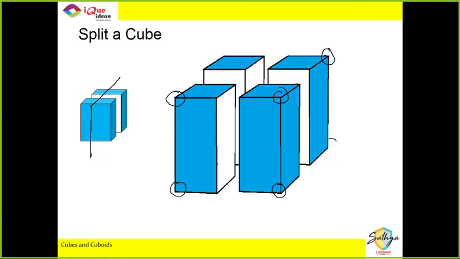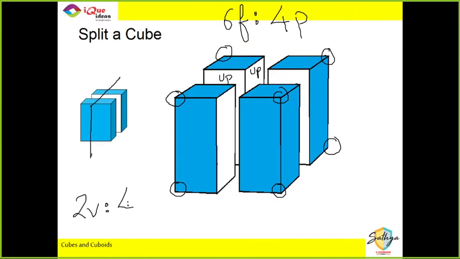Remember, there are always 8 original vertices. वो number change नहीं होगा. So each one has got 2 original vertices, and each piece will have how many unpainted sides? Total 6 faces हैं. उसमें से सारे pieces में ये 2 faces unpainted हैं, बाकी ऊपर नीचे और बाहर. So it will have 4 painted and 2 unpainted. Did you get that, everybody? So when 2 vertices remain on a piece, 4 sides have to be painted.